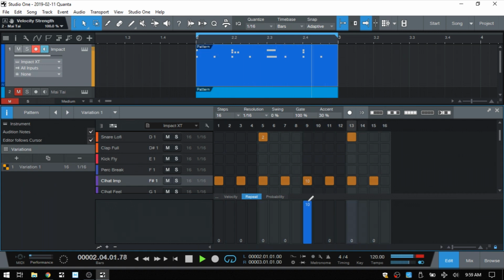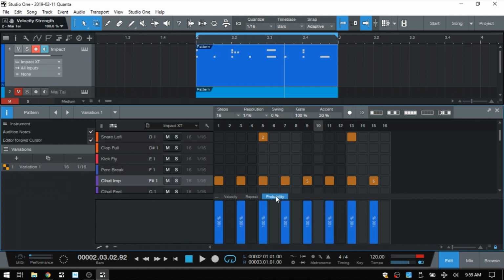Okay, and so we could take these all the way up to 10. And then next we have probability, and this is going to control how often the particular sound or sample is going to play back within our pattern as we cycle over and over. They're all set to 100% by default, so each time we pass over that step, we will hear that sound. But as we decrease, let's say,